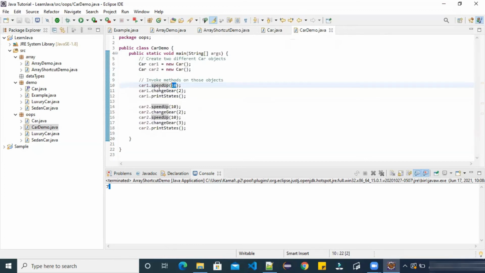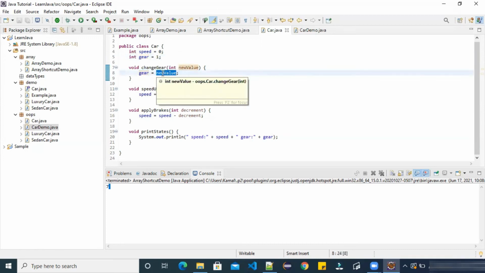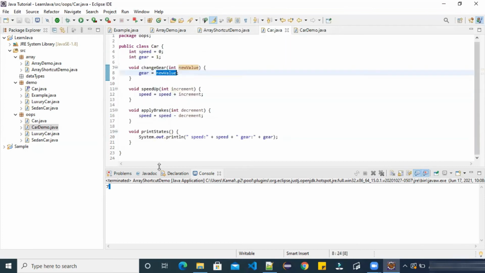For the first car, I have used speedUp 10. Next is changeGear, and I have changed the gear to 2. What will this method do? The new value will be assigned directly to gear. Initially it was 1. Now I have changed it to 2. Right? printStates will print the speed and gear.